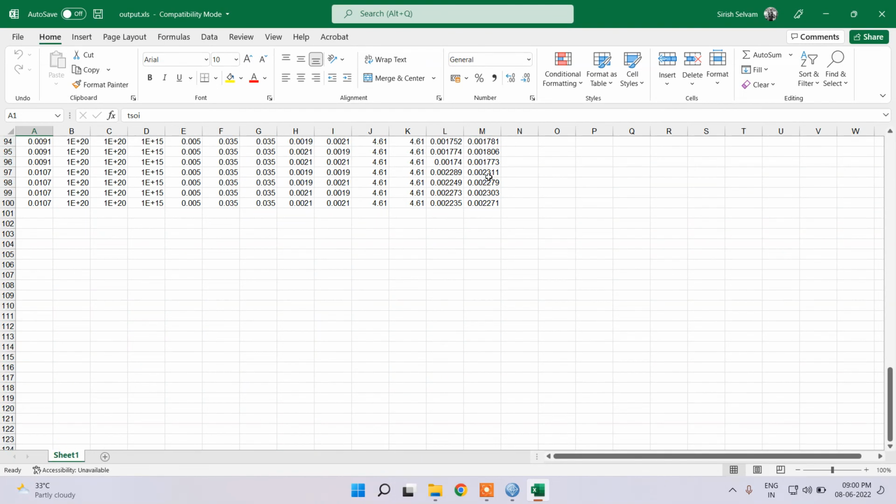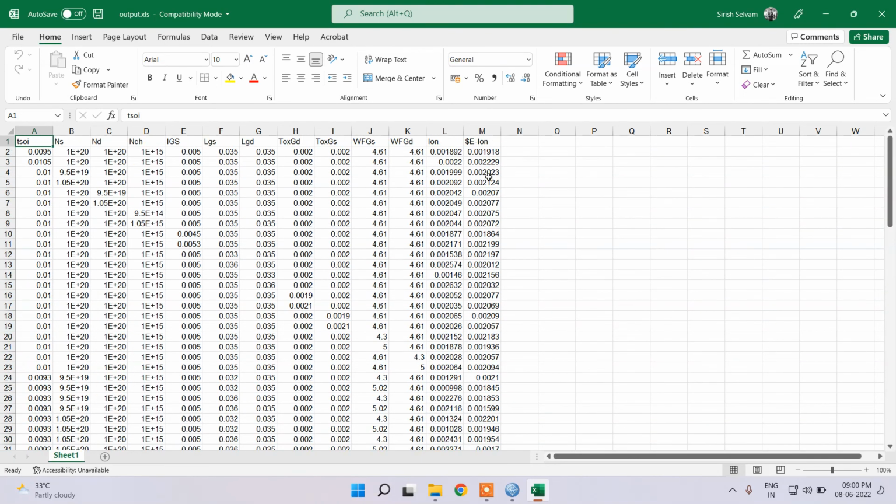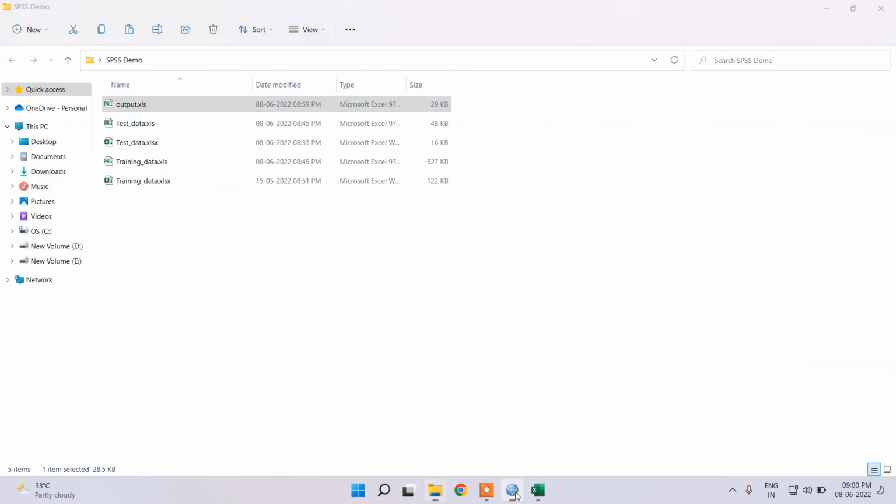So now that we have successfully achieved this modeling and we have got these predicted values, we can further take this data into MATLAB for plotting these particular columns. So that is it with